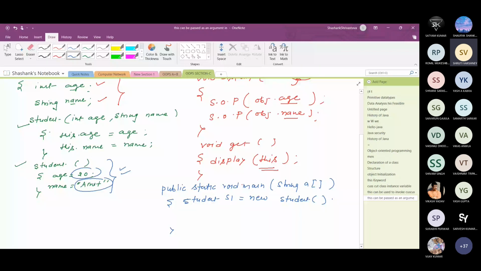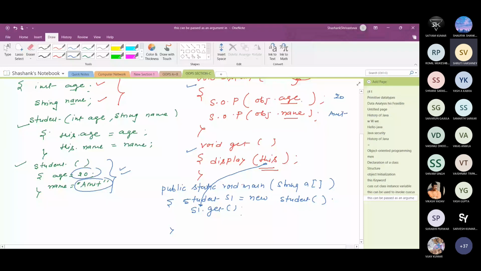So if I call s1.get, because get is the method and display is the method, you can see that if get is called, what is this? This actually refers to s1, which is the current object. So display is called and age and name are printed. Age is printed as 20 and name is printed as Amit, like this.